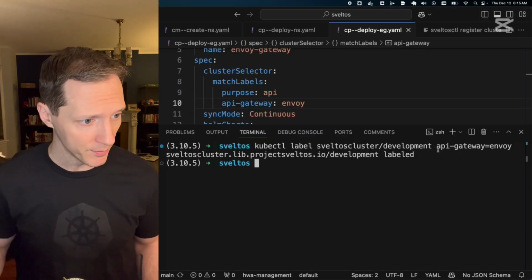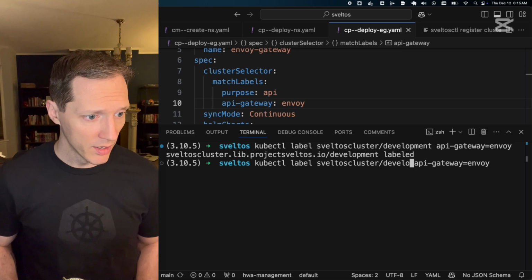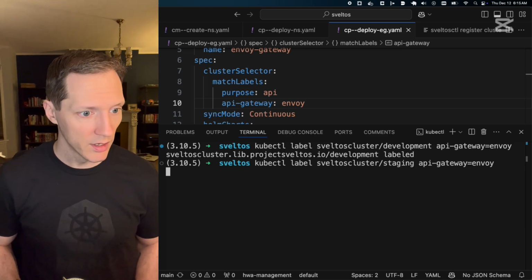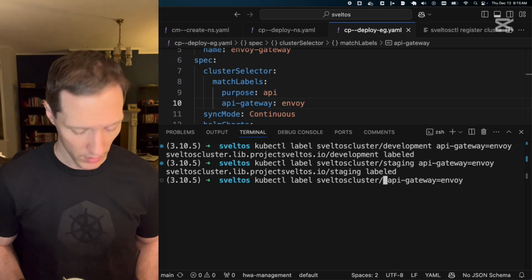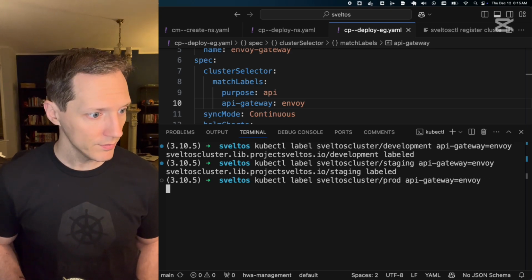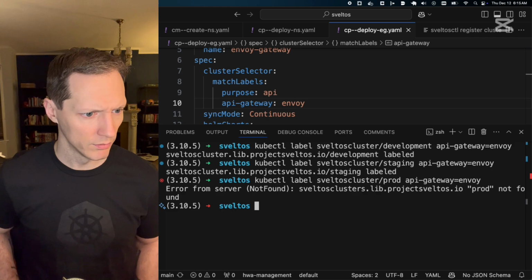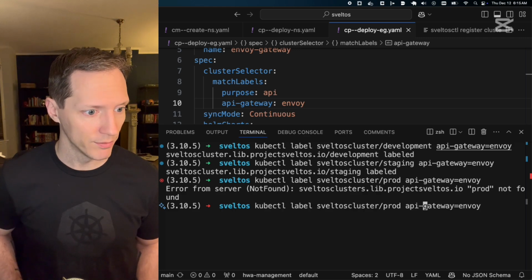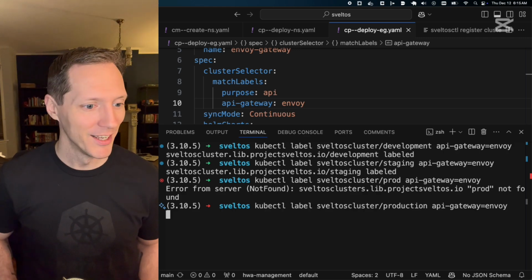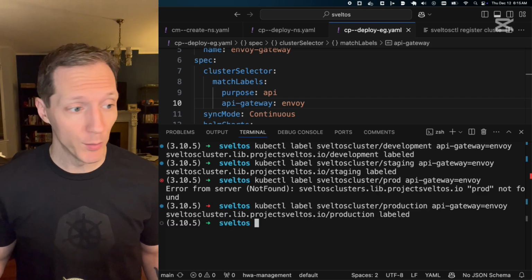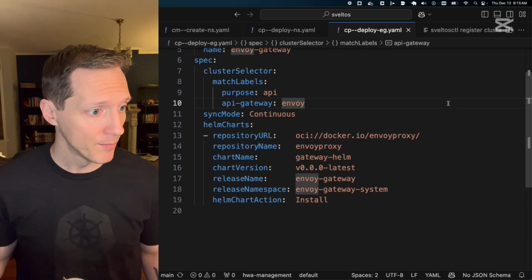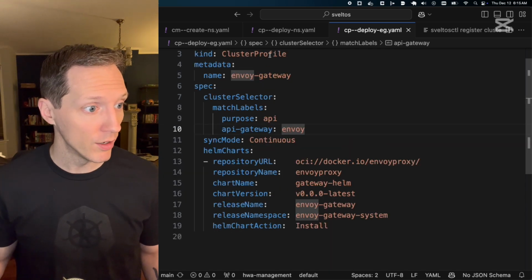I'm going to do the same thing with staging. And I'm going to do the same thing with prod. Production. There we go. All right, so those are my 3 clusters. They've all been labeled. And now I want to apply this cluster profile, right? And it's going to say anything that has purpose API and API gateway is Envoy, it's going to apply this